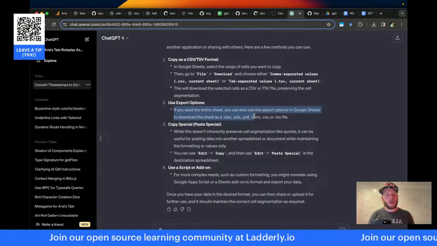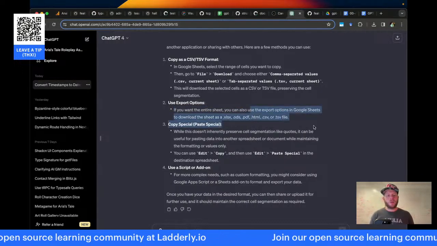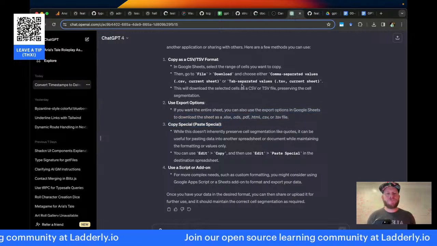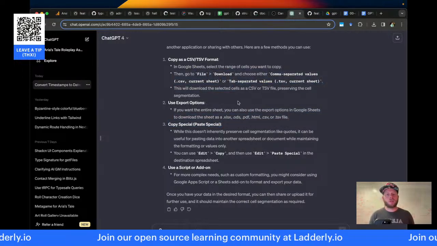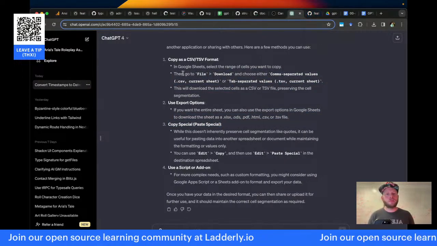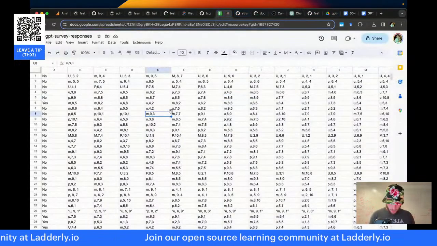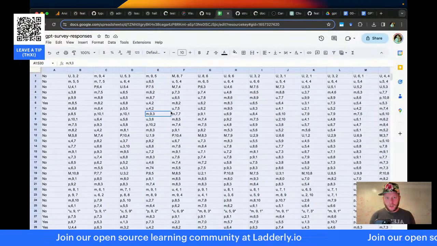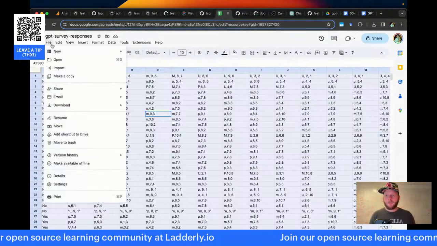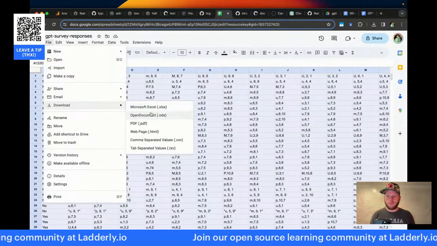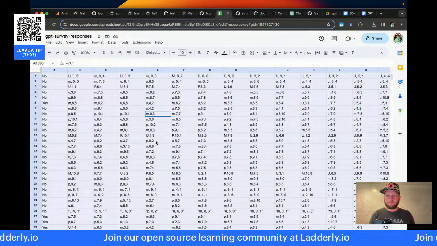You can also use export options in Google Sheets to download as whatever. Okay, first select the cells, all right? Command A, Command C. So I've selected all the cells, and I'm going to go to File, Download as CSV.